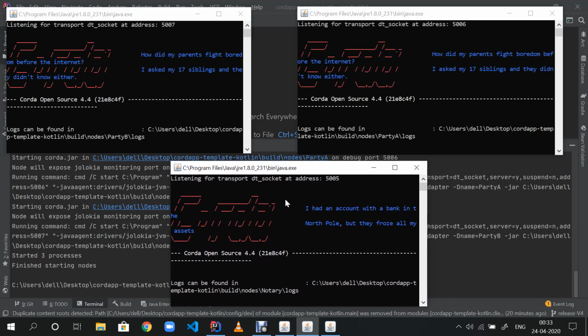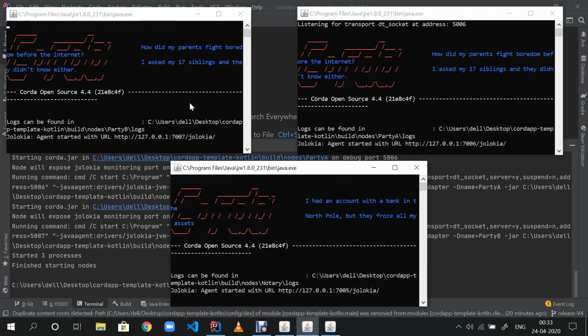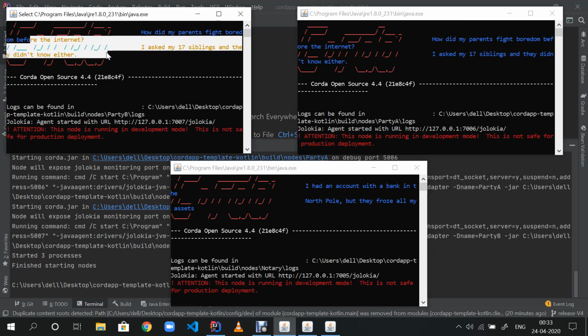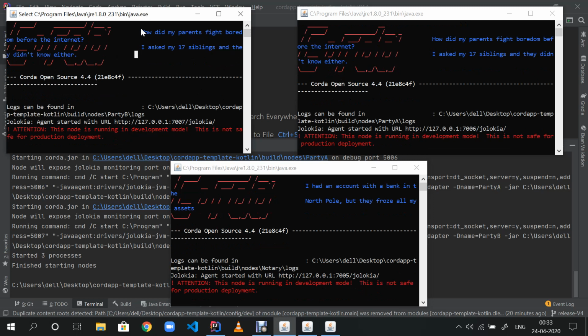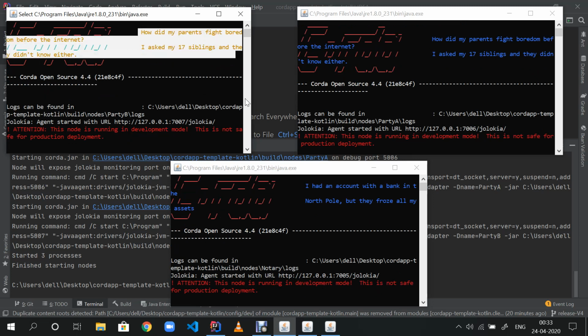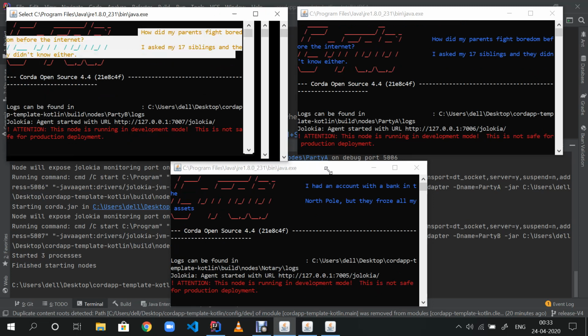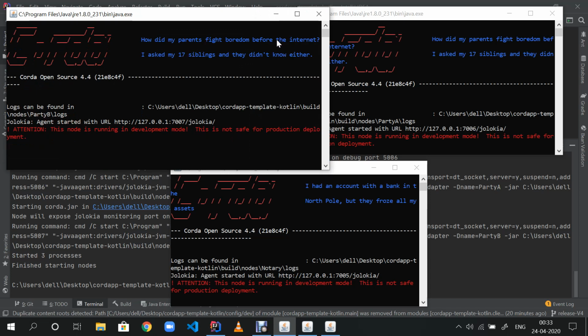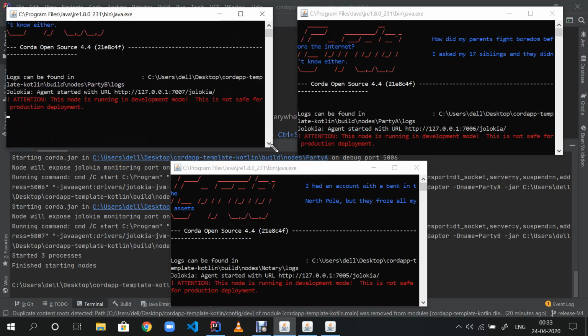So you can see that all the terminals are displaying some content. This is just a humorous line the Corda team entered. You will find it on every node, something funny they always add, and it's very amusing, so to say.